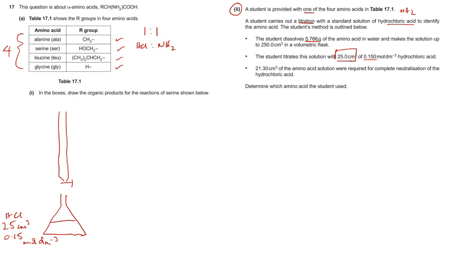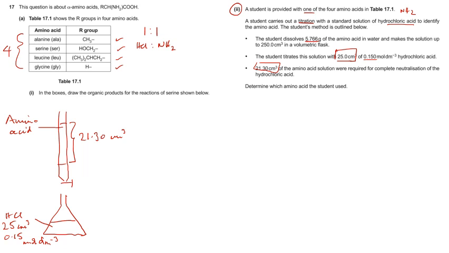So that is in there in our conical flask, and that means we've put our amino acid in the burette, and we see that we get a titre of 21.3. So let's say that's our titration. So we've got 21.3 cm cubed of our amino acid, for complete neutralization,